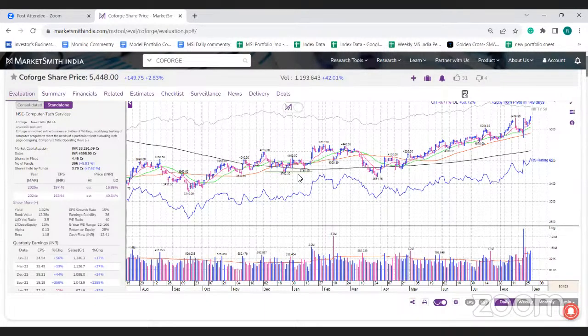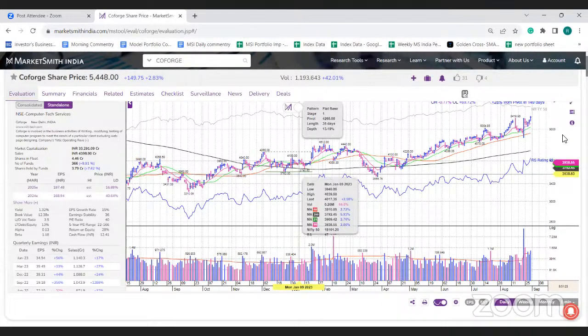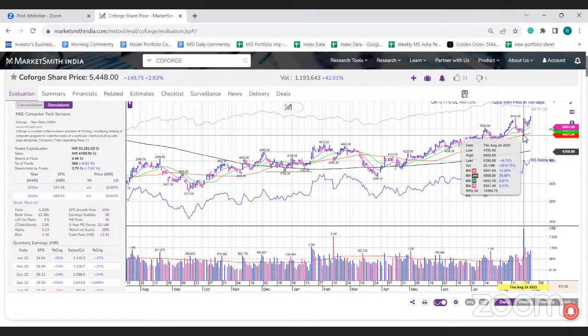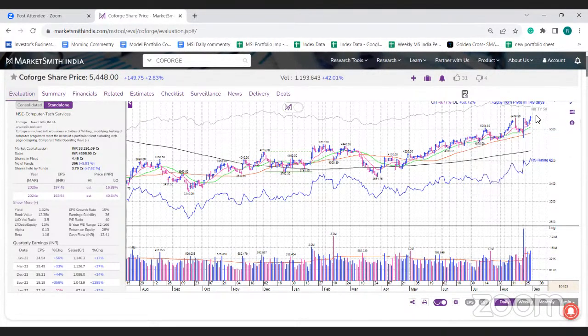So now two things: either it should form a base over here. Last time इसने stage 1 बनाया था, तो वो fail हो गया था. So I think now again it should make a stage 1 base over here, or if you are very aggressive you might take some entry. 50 DMA के नजदीक आता है, वहां से रिबाउंड होता है जैसे यहाँ पे हुआ था लास्ट वीक में. तो ऐसा कुछ होता है. That is the ideal time to take an alternate entry point. बाकी सेफ साइड अगर देखो तो अगर मार्केट एक अच्छी पोजीशन में है, then breakout from a good quality base is always a safe entry.